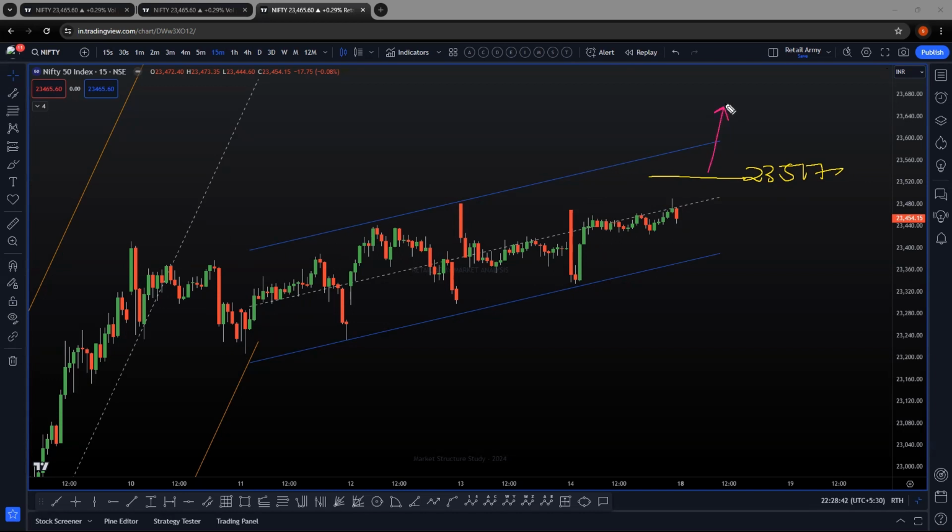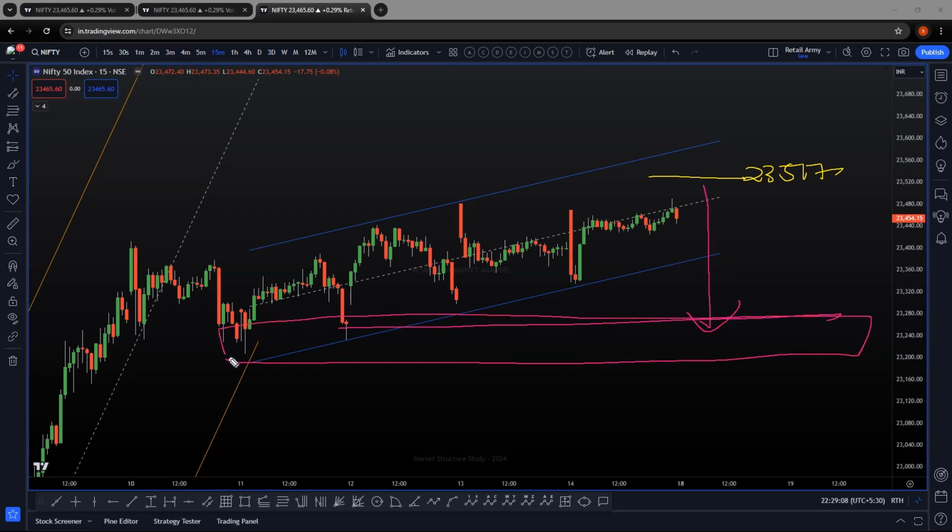If price goes above 23,517, I will only focus on intraday. Why? Because this will be a fifth wave of some degree, and after this, it is going to fall anyway. If price is not able to cross 517, we know that we are already expecting a 200-point fall in the market, at least 200 to 240 points. This is a conservative expectation. It can go below that to 23,000 also. But for now, this is our expectation.